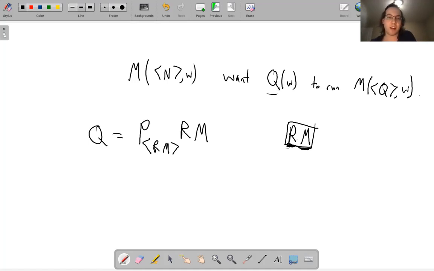And so here we have a concatenation of three Turing machines, P with this subscript, R and M. And that means first we will run P, then we'll run R, then we'll run M. Okay, so this is one thing to understand here. So we first run P, then R, then M. Okay, so what does the